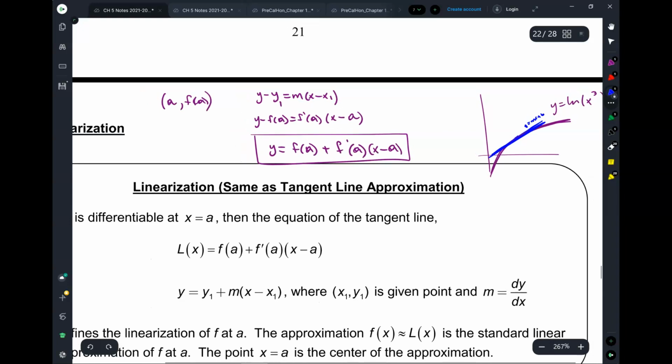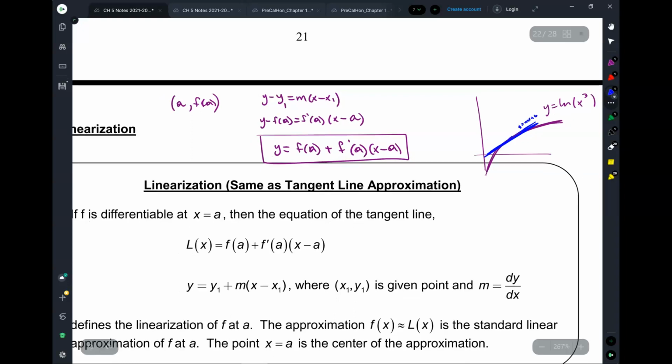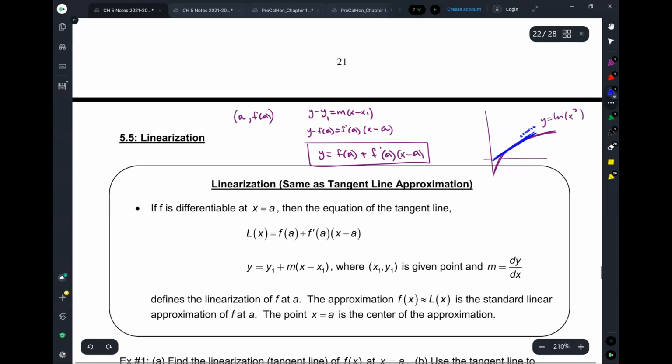All right, and everybody's okay with how we got this? Yes? Y minus y1, huh? Yeah? Y minus y1 equals m times x minus x1. All right, so